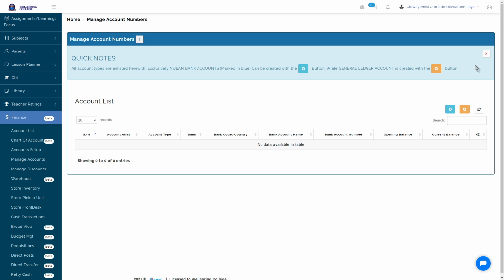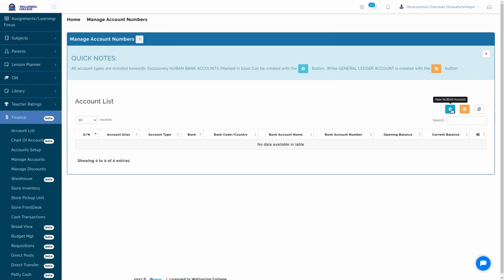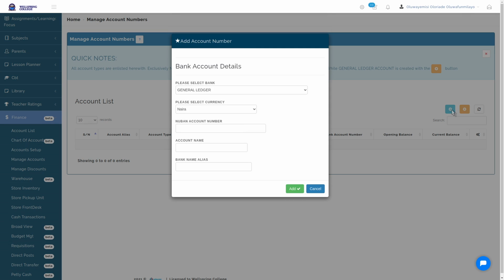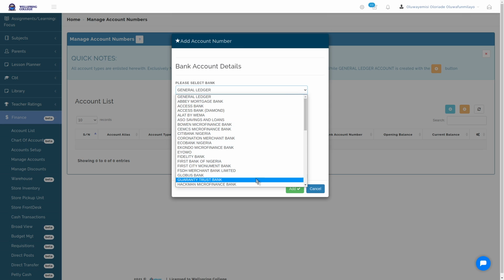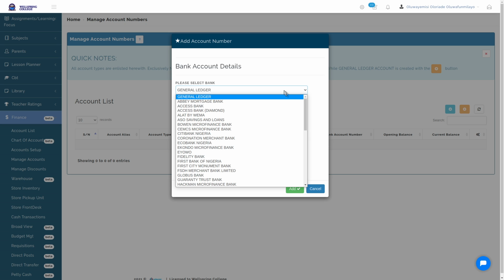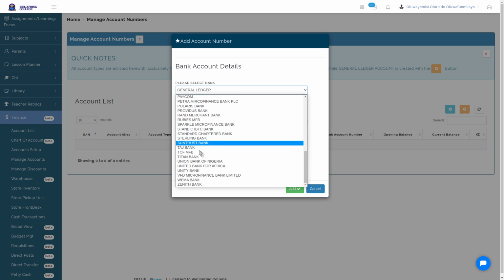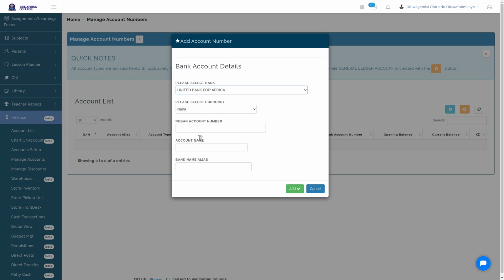So on that note, let's start with the first account number that you have. To create a new account number, again, you can see where I clicked. It's not something you do every day, but to do that, you just click on that and select your account bank. Which bank do you use? UBA. So UBA should be somewhere down there. United Bank for Africa, and of course, it's Naira account. Yeah. Account number